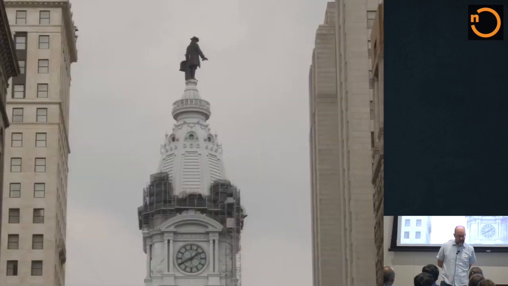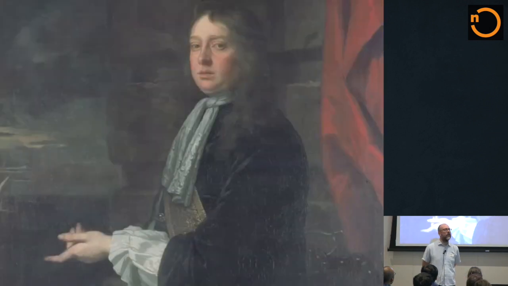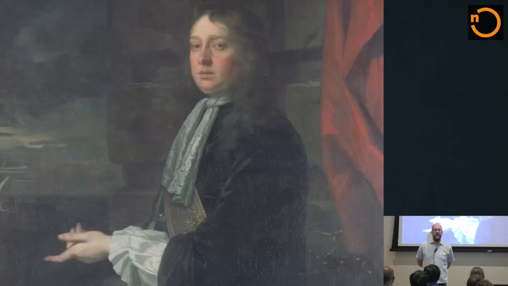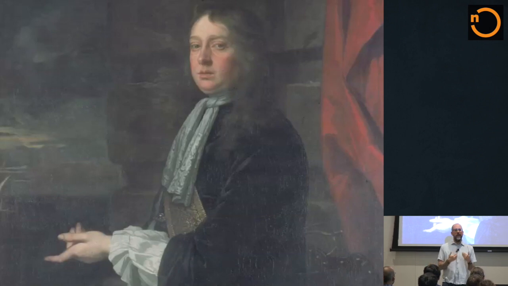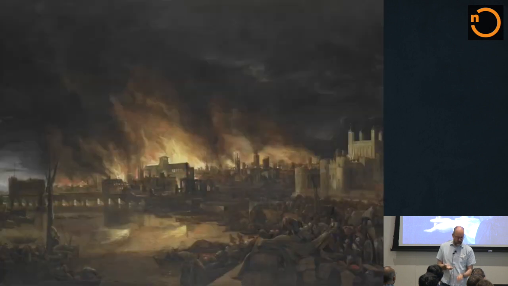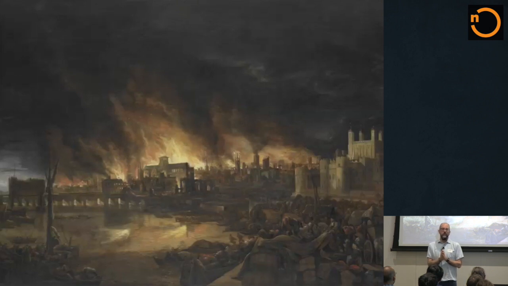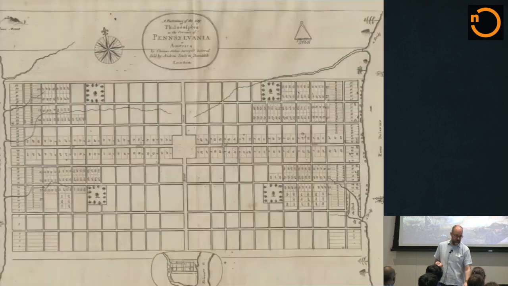And it all has to do with that guy who's stuck at the top of the city hall there, a man by the name of William Penn, whom you all might know as the guy on the side of the Quaker Oats box, but who was also the guy who helped found the colony we now call Pennsylvania. He and others of his generation had been through a certain disaster called the Great Fire of London in 1666. The Great Fire of London, of course, destroyed most of what we call the city, and eventually led to the rebuilding of modern London, but they remembered what happened, and they were not going to let that happen to their new colony.